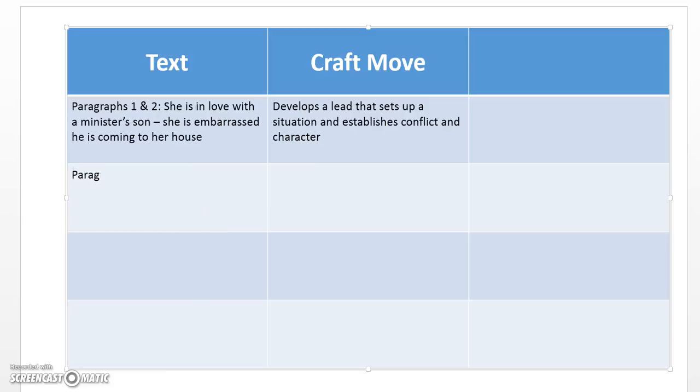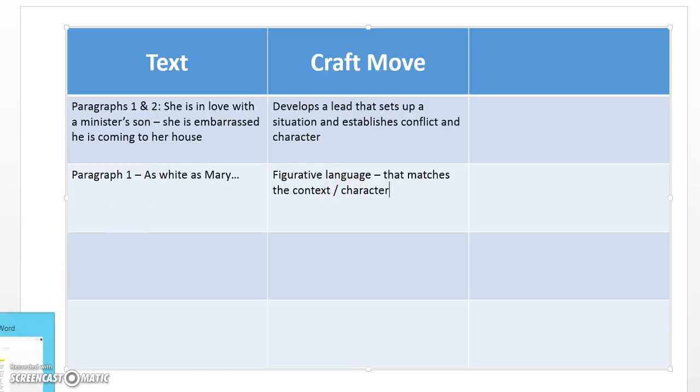So in paragraph 1, "be as white as Mary" is a simile. And here the craft move is figurative language. Not just that there's figurative language, but that it matches the context or character in the story. Okay? At this point, what you want to do with your team